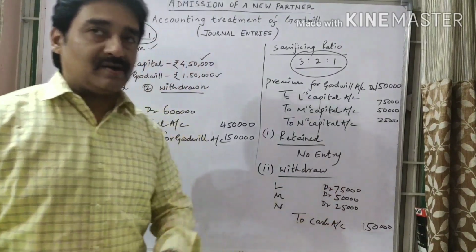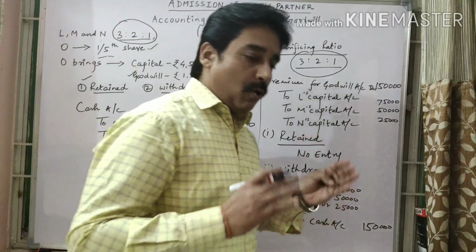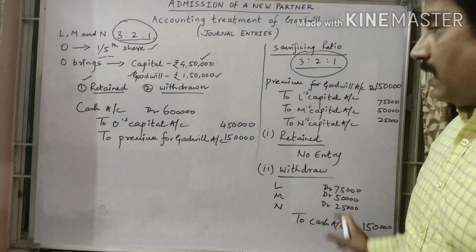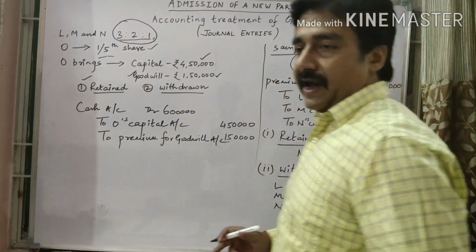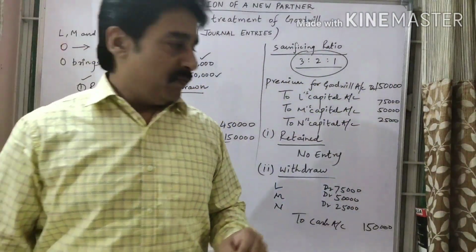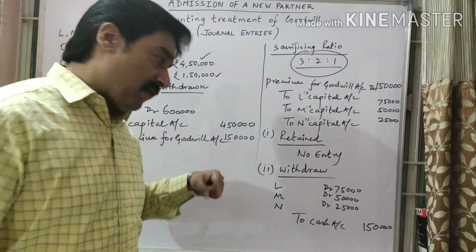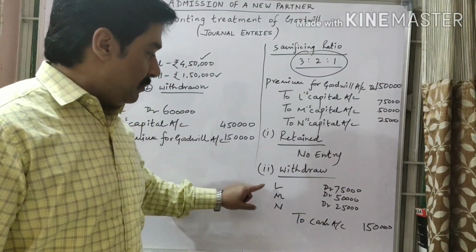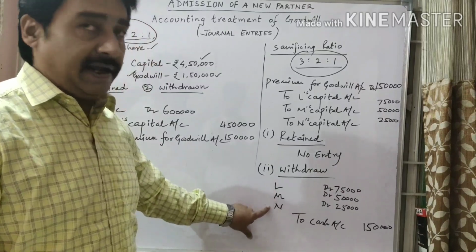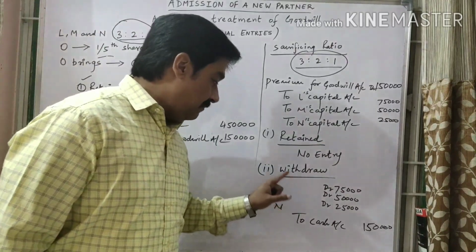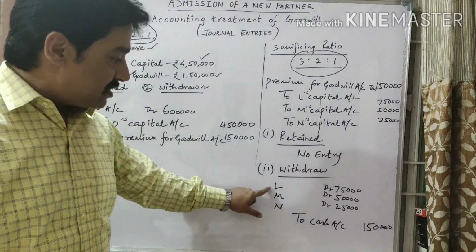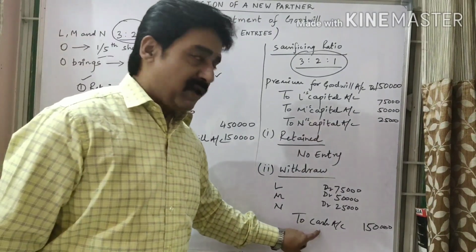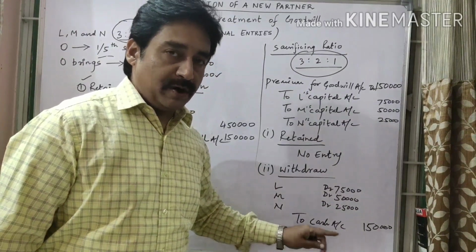Okay, I hope you understand that if they are withdrawing the whole of the amounts, they will be writing all the amounts which they had written in the entry for distribution of premium. But if they are withdrawing half of the amount, or 1/4, or 1/3, you will be writing the amounts accordingly, but the entry will remain the same. The entry will be L's capital account debit, M's capital account debit, N's capital account debit to cash account. Okay children, so